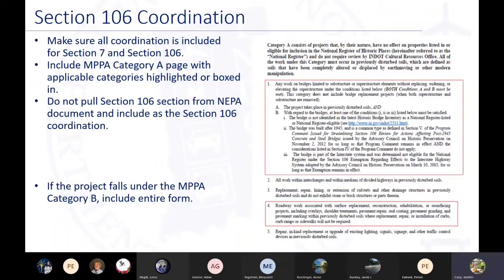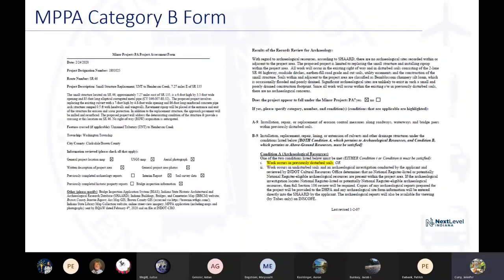We do have this MPPA Category A page that is readily available, so please use this in lieu of the NEPA pages. If your project falls under the MPPA Category B, please include the entire form as seen here. So that includes the introductory pages and the findings.